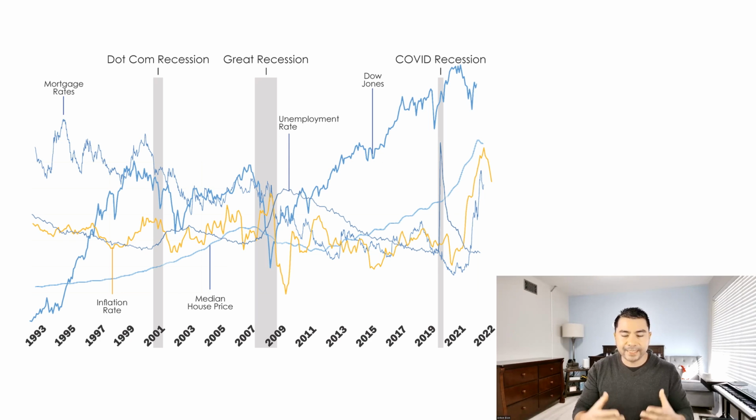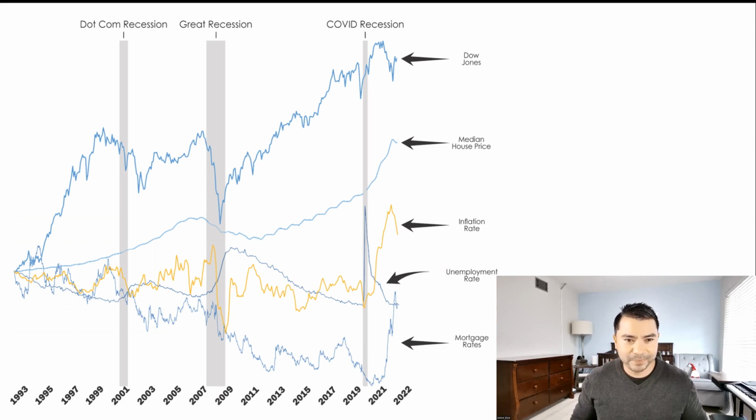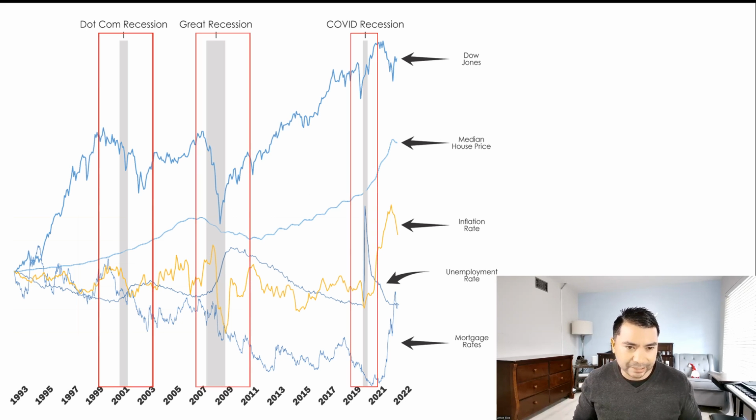So let's consider that in 1993, all of these metrics were at the most optimal position. With that being said, let's have them start at the same starting point in 1993. Okay, good people, let's take a look. Now that all these metrics are aligned and starting at one starting point, it's much easier to read and decipher it. And it's very interesting that during every recession here, there's a three-part chain reaction. And it all starts with the Dow.